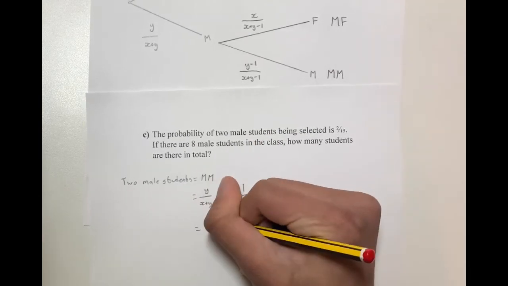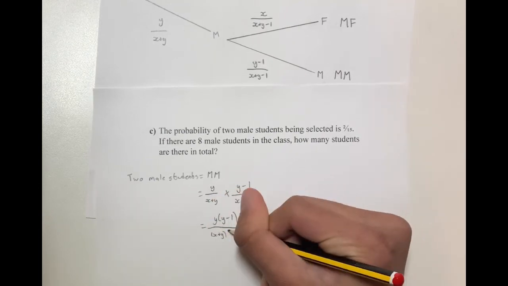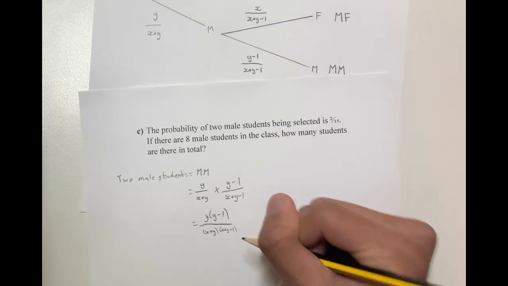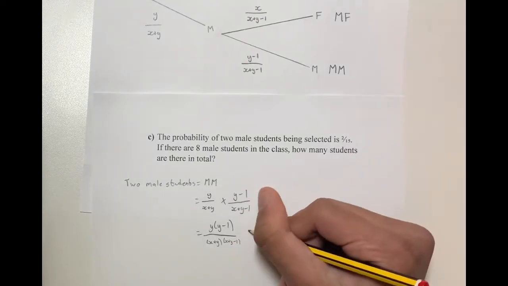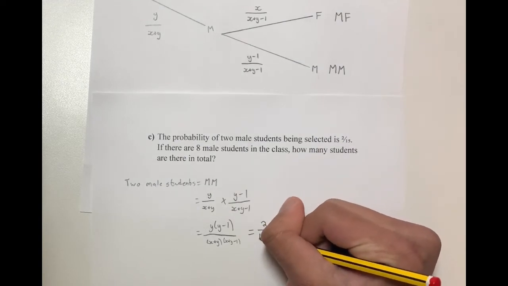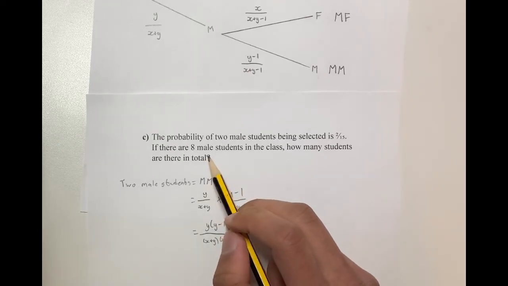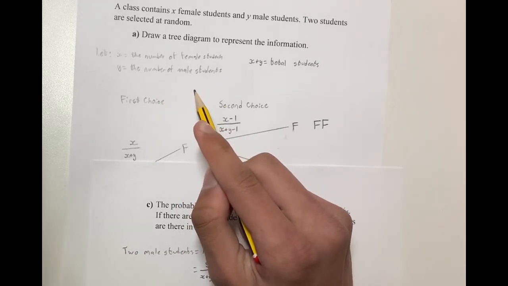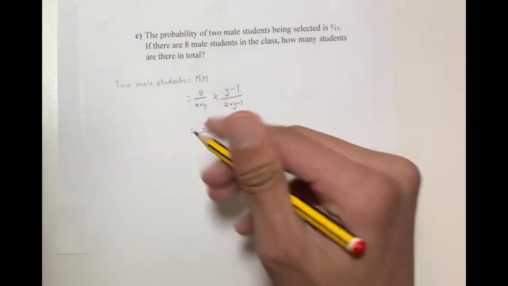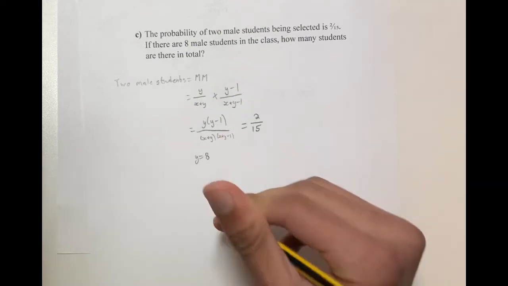Which gives us, again, we can leave this expression in this factored form because it's the simplest form for us to work with. We're told this equals 2/15. We're also told that there are 8 male students in the class. Originally, we had defined y as the number of male students. So we can set y equal to 8 now, and substitute y equals 8 into our expression to get